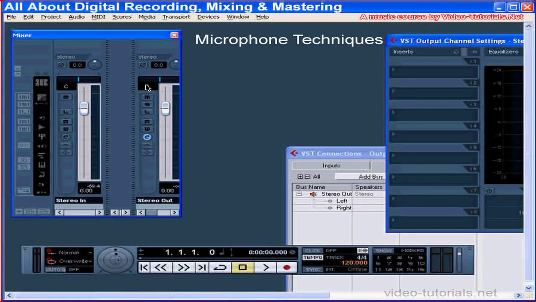Welcome to our tutorial about microphone techniques. Later in this section, I'll be talking about strategies for recording different instruments, but in this tutorial, I'll be giving an overview of mic techniques. It's a continuation of our previous two tutorials about mics, where we learned about how they work and what types